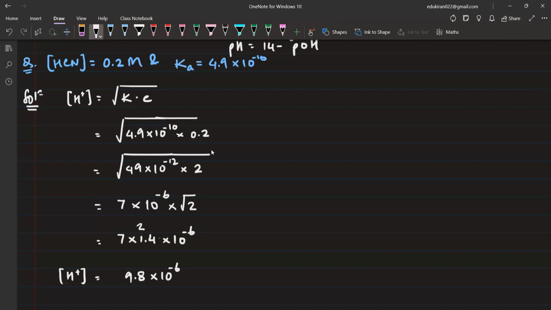Please copy this down। Now, once you have got the concentration of H positive, we can calculate the pH also from here। So देखिए, you need to identify the problems है ना। यहाँ पे like what formula you have to use, it really depends on the information that you have been provided। If Ka, generally Ka will be less than 10⁻³ when we are talking about the weak acids and bases। ठीक है,